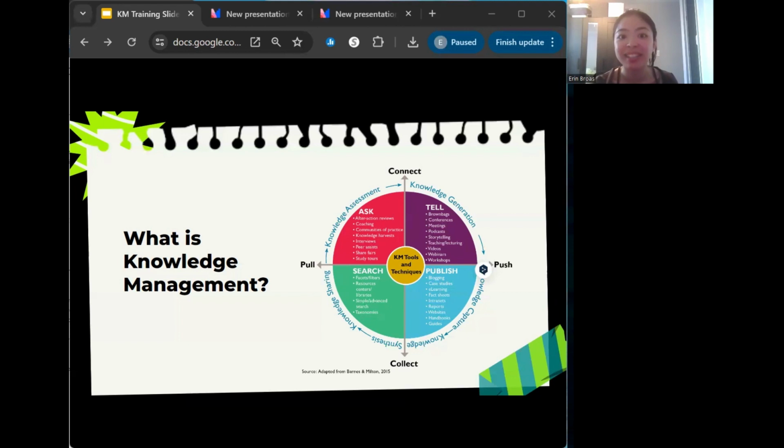This matrix also illustrates that KM tools and techniques fall on both a collect-connect continuum and a push-pull continuum. Some KM tools and techniques focus on collecting information. Perhaps the most obvious examples of this are databases and libraries, while others emphasize connecting people to that information, such